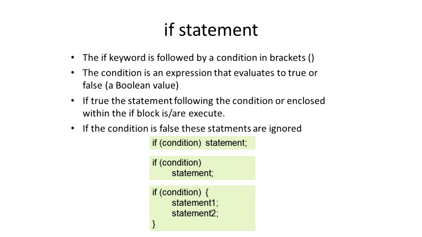But then it's after the end of the condition that we see changes, because you'll notice in the first example, we can actually have the code to be run, providing that the condition is true. We can have it next to, adjacent to the condition, if it's a single statement, that is. And then also in the second box, we can have it underneath the condition. But then in the third box, you'll notice if we have more than one statement, here we have two statements. If that's the case, they have to be specified within a pair of braces, a block, okay,